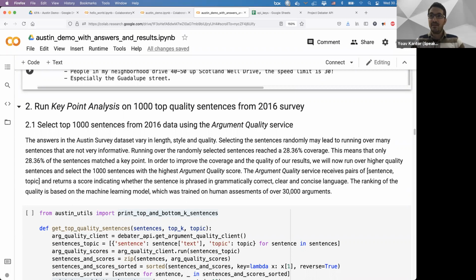Someone asked, is it possible to have a high argument quality for a factually incorrect statement? So the answer is yes. We don't check if the argument is correct or not. It's not fake news detection or something like that. As I said before, it checks that the sentence is well structured and clear and is related to the topic.